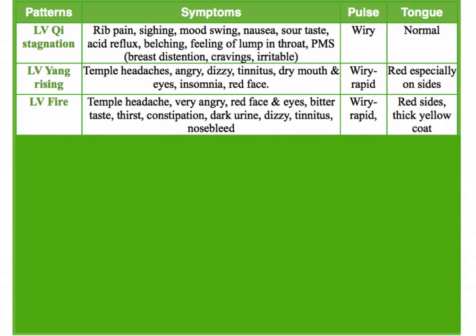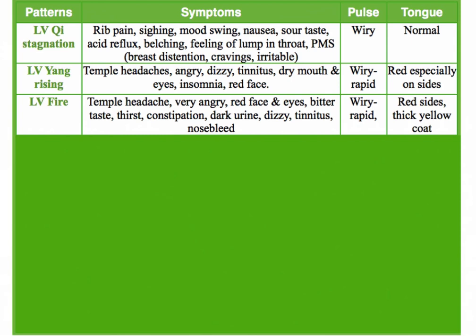That's why it's not a pattern that's always constant, but the more it comes, the more it can lead to liver fire, right? To stay on the volcano is staying, the explosion keeps going. It doesn't stop, right? That would be the outcome eventually. So with liver yang rising, the pulse would be wiry, rapid, but only the sides of the tongue would be red, okay? Because this is something that comes up and down.